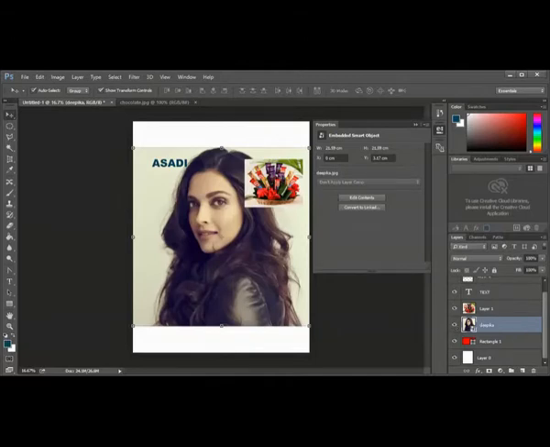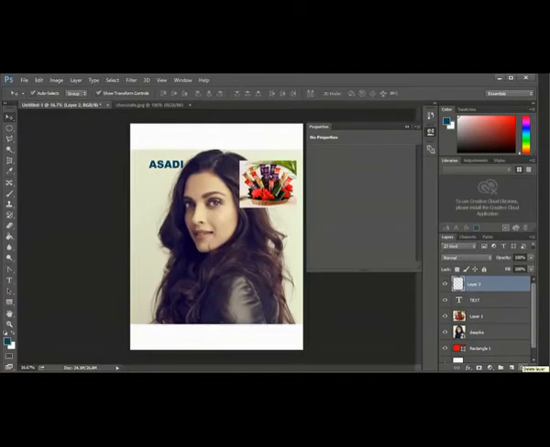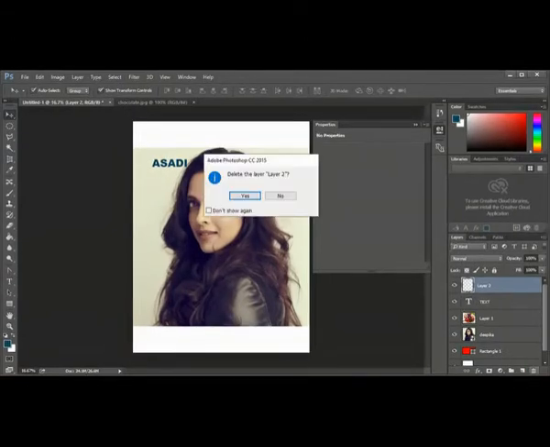If I want to delete, you select the layer. Either you press the delete button or you can click this button here. When you click delete layer, it will ask you whether you want to delete or not. But if you just press the delete button, it will not ask, it directly removes. So I don't want to delete it now.